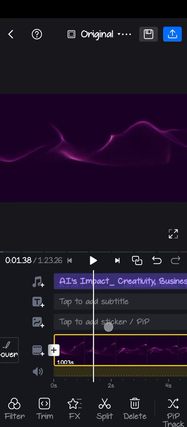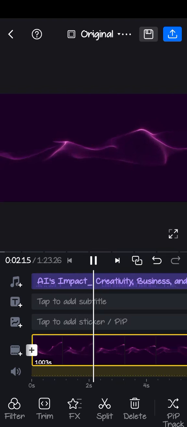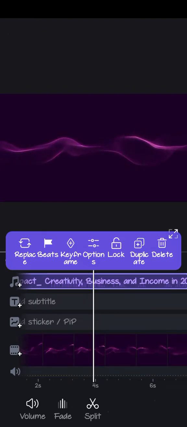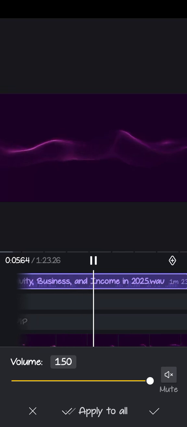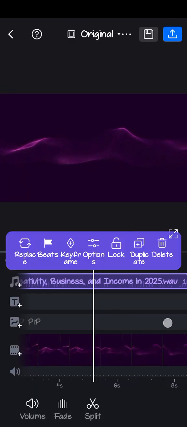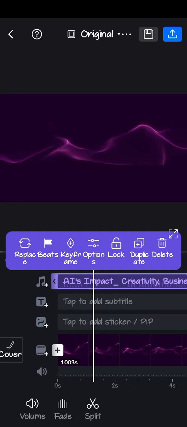Okay, so let's increase the volume and apply to all. So we can increase the volume, and with that, when we're done, we can export